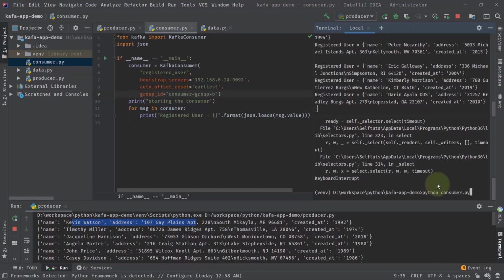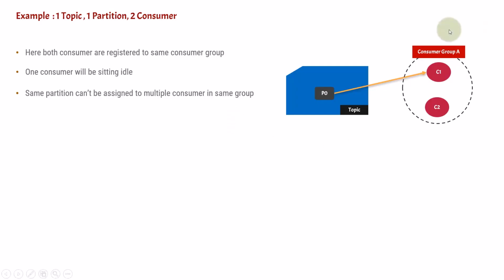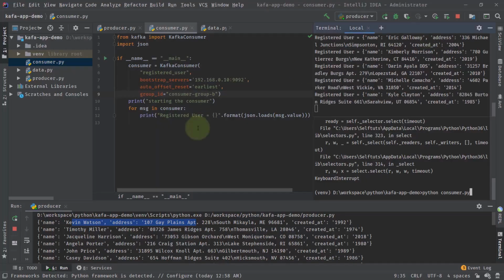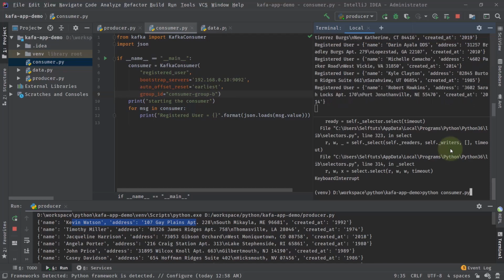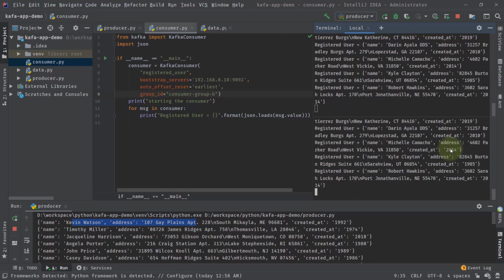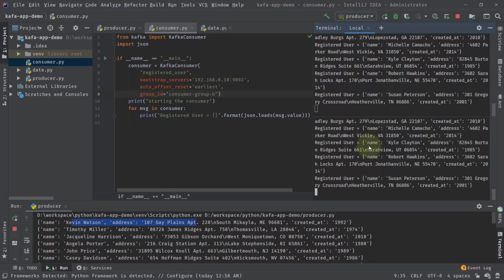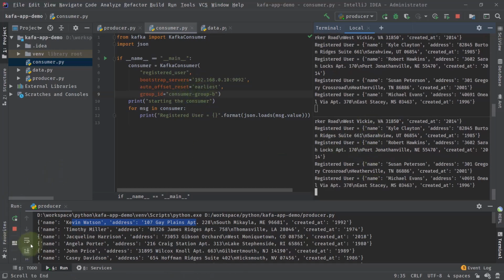It will start a new consumer instance, but this consumer instance is attached to a different group. It is not attached to consumer group A, it is attached to consumer group B. So this will also start getting the messages. Let's see and prove this theory. Okay, now you can see all the messages, because we have given earliest, so that's why all the messages were there. Now for every publish, both will get the message.